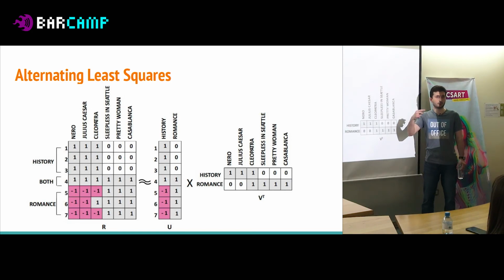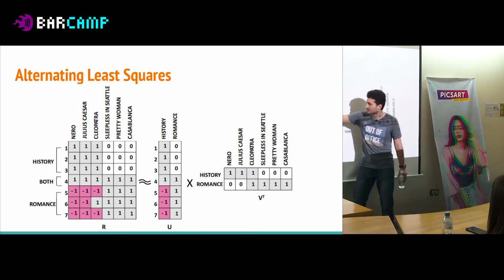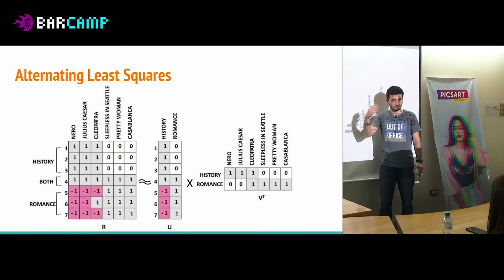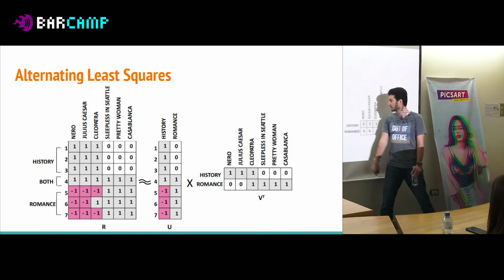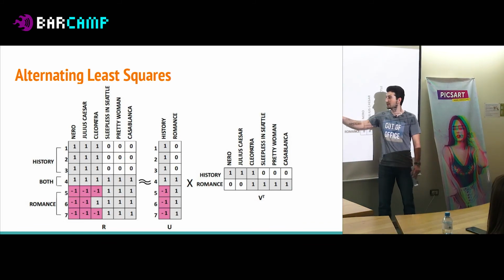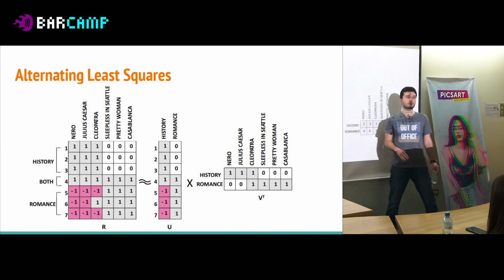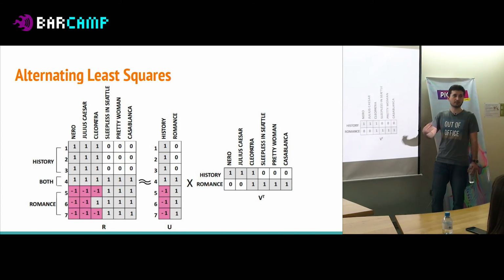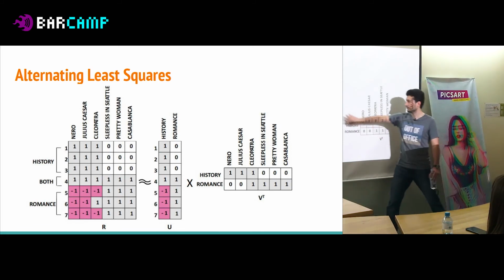The second step, we flip. We jump here. We say, OK, this is our data now. We just solve linear regression. This is our data, this is our label. These are our weights, we need to calculate them. We have a formula, plug in, calculate. Again, this is our data, this is our label now. We learn these weights. We do it for all users. And then we jump back and forth for the fixed number of iterations. And we'll learn some values here.